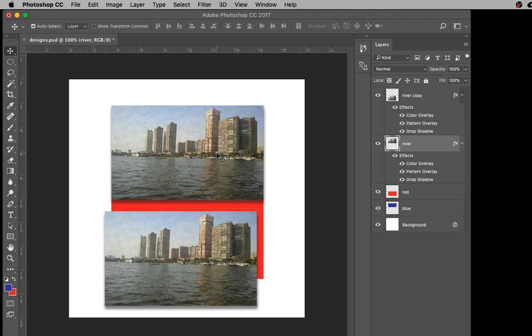This is very important. So we have Alt or Option, Control or Command, Z. Once takes you back one step, or Photoshop allows you to go back all the way to 20 steps. And next thing we'll talk about is